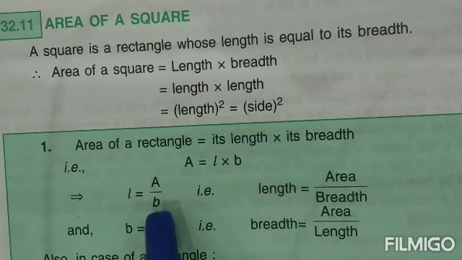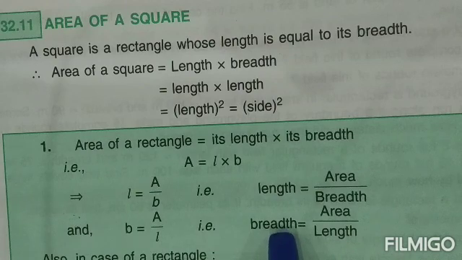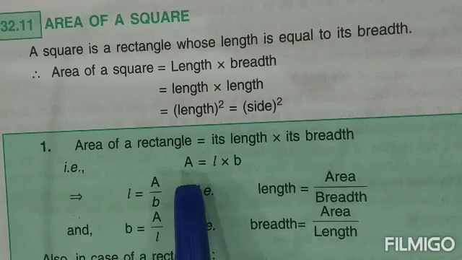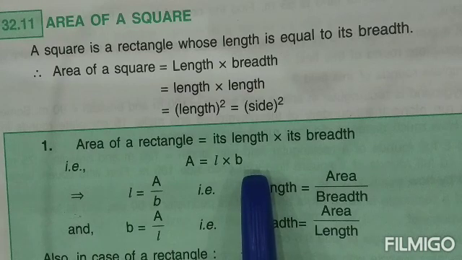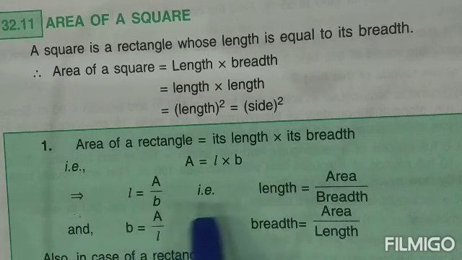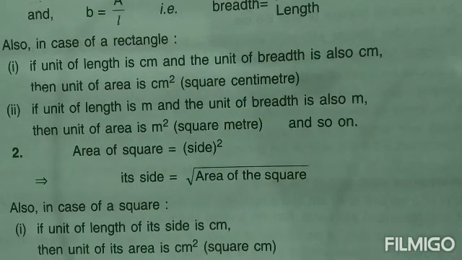Now these are certain extra formulas that are given. You can learn them. They can be used for calculating the various questions, or even you can calculate the questions by using this particular formula, as I'll be showing you, as I have solved the questions of the various exercise. Now length is equal to area upon breadth and breadth is equal to area upon length. You can use this formula, children.